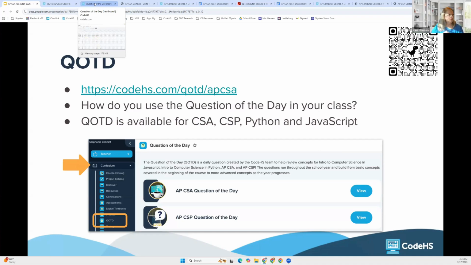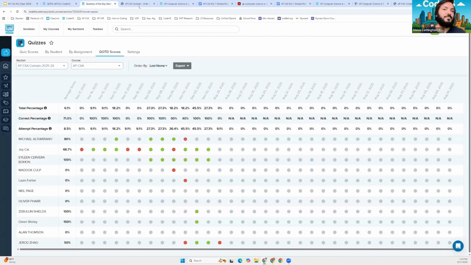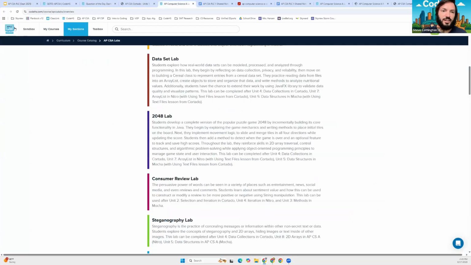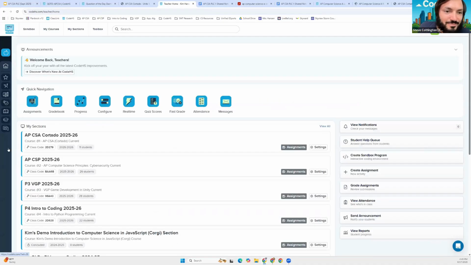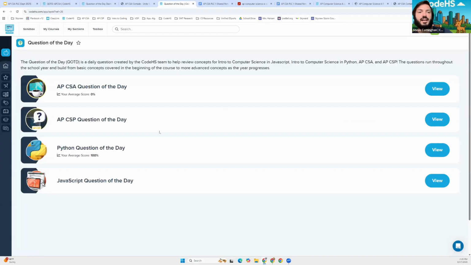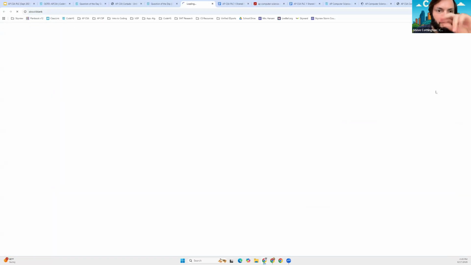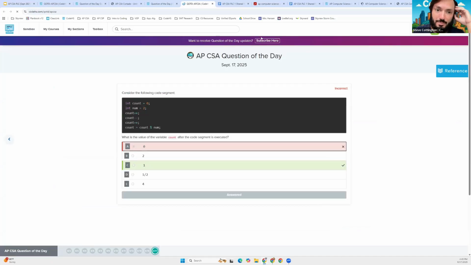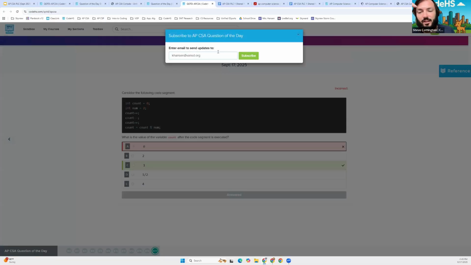How do you subscribe? Oh, if you go back to the question of the day in general, sorry, if you just click on QOTD from your end, you should see up at the top, and students can see it from their side nav menu too. If you pick one, when you're viewing it, there should be a bar up at the top that says subscribe here. Oh, it's just right there. Students click that when they're viewing one, and then it sends them an email each day and says, don't forget to answer your question of the day. Perfect. Which I think is pretty cool.